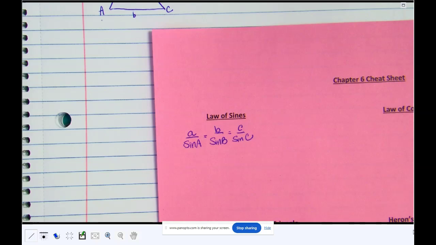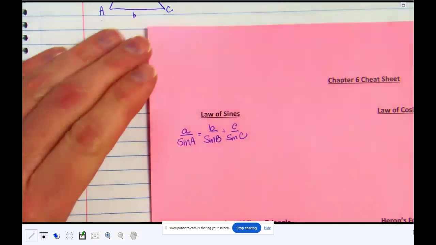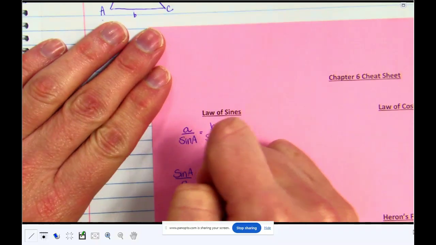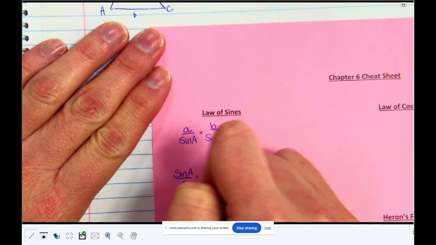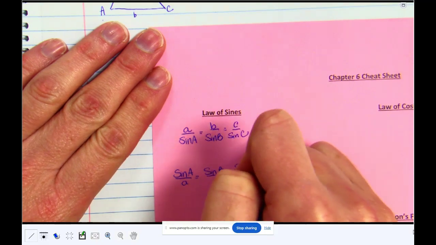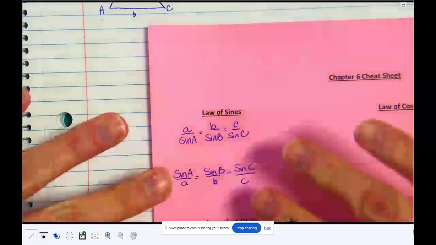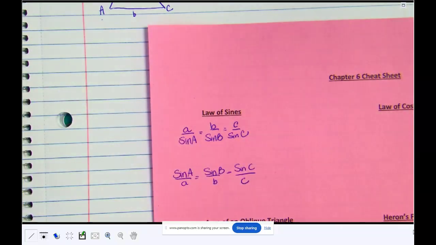Okay, now, the other way that this could be written, and they're both on my paper that you get on quizzes and tests, so it could also be written upside down. The only reason that you might switch that has to do with what information you have. It's not really a big deal. You solve them the same way, but you would see both of those. So you can use whichever one you want. All we did here is flip everything over, and we know that that's legal fraction math.